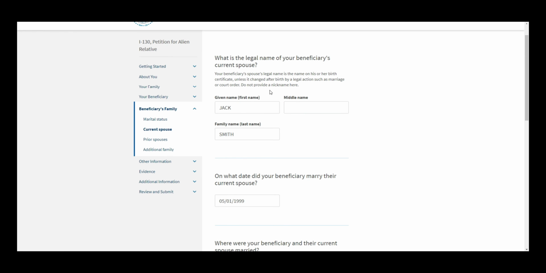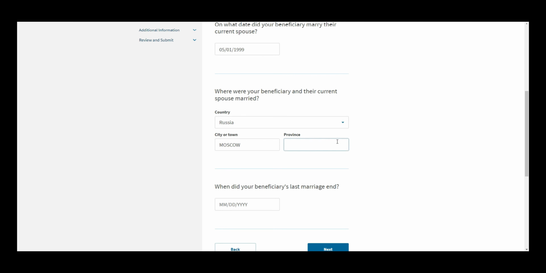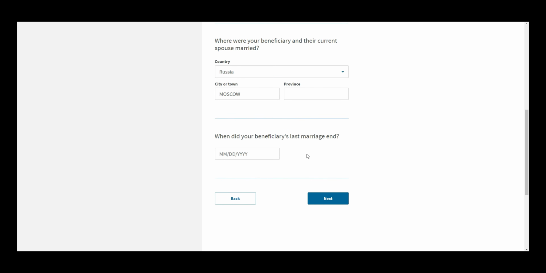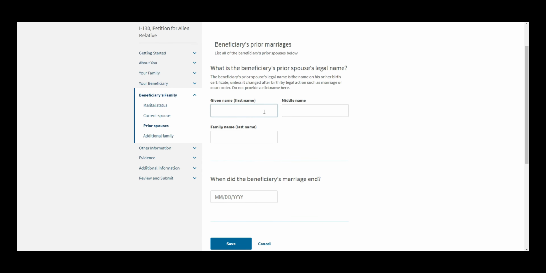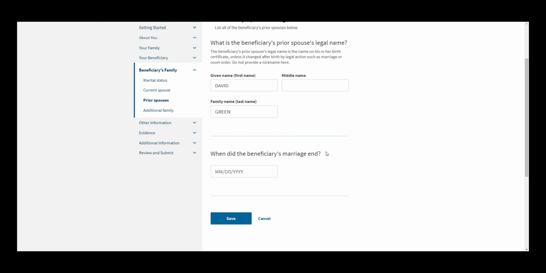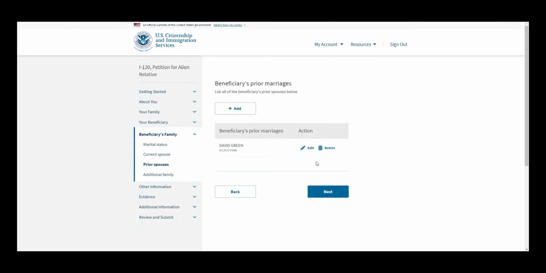And again, obviously, because if they're still married, the marriage hasn't ended, so you can leave this blank and move on. But now we are being asked about the beneficiary's prior marriages, and this is where you can add any prior spouses. You'll be asked to provide the legal name of this prior spouse and when this marriage actually ended. And when we click save, you will see the beneficiary's prior marriage information and the date that marriage